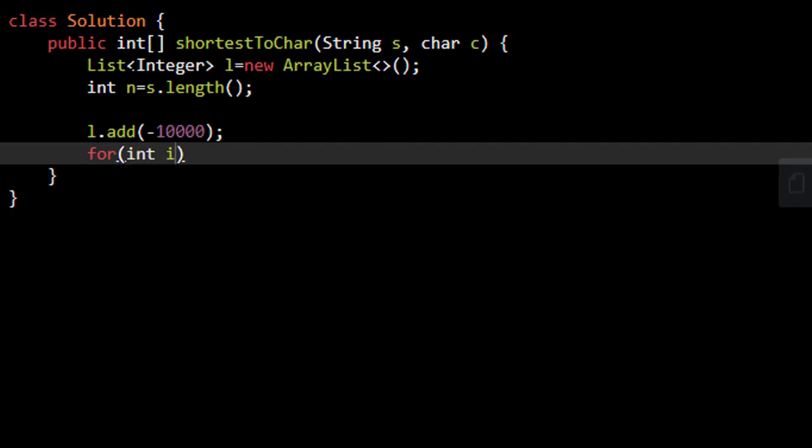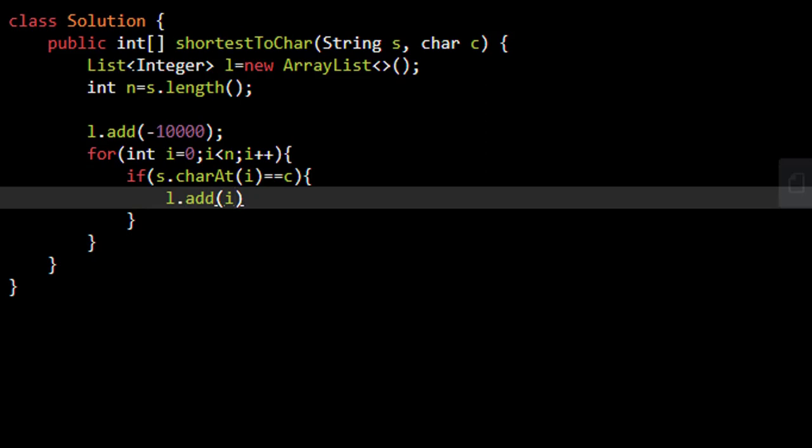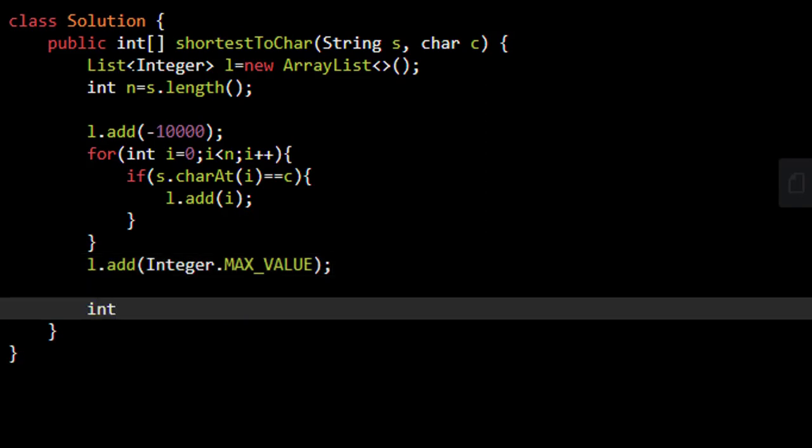Now we will loop on this string, and wherever the character is equal to the character that is given to us, we'll add the index into this list. After all this, we will add the most positive integer into the list to get away with the condition where the character at right is not present. Now we need to have a result array,